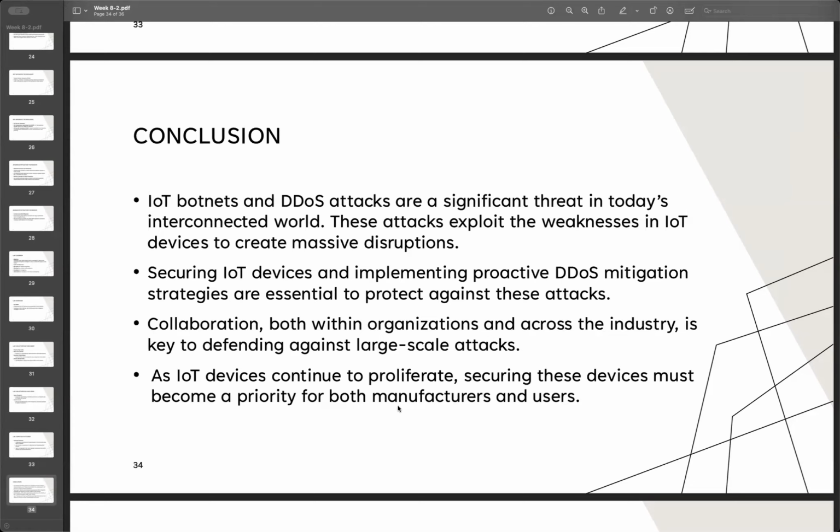We also need to implement proactive DDoS mitigation strategies to protect against it. Collaboration, at our level we can only talk about it, but hopefully companies, organizations, even the industry can protect it and increase security.